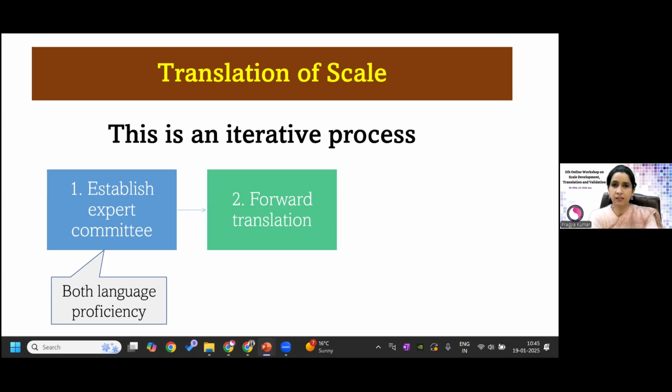In that case, of course, at least you should have two teams, two people, where one team does the forward translation and the other team does the backward translation. So at least two people, one language expert and one subject expert. And then you will also be there, you will moderate this. So two people is the minimum number. I can't give any reference, but practically what we have seen,